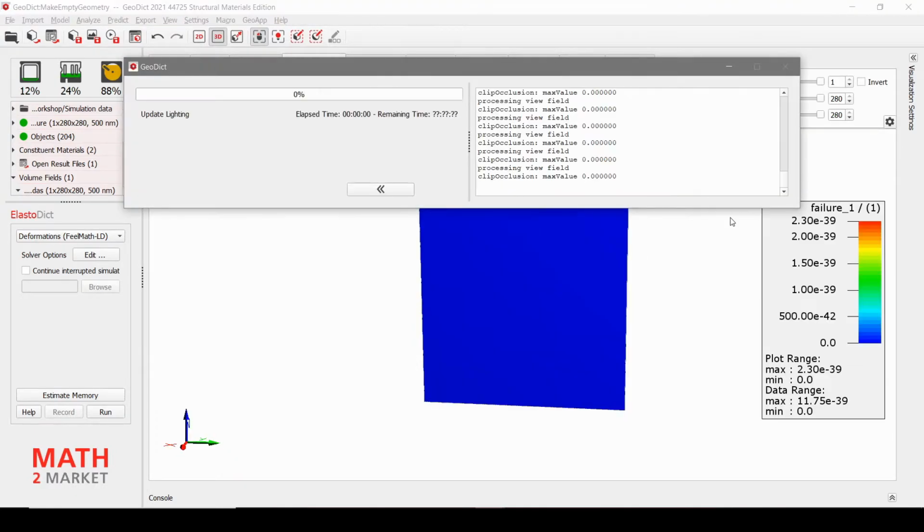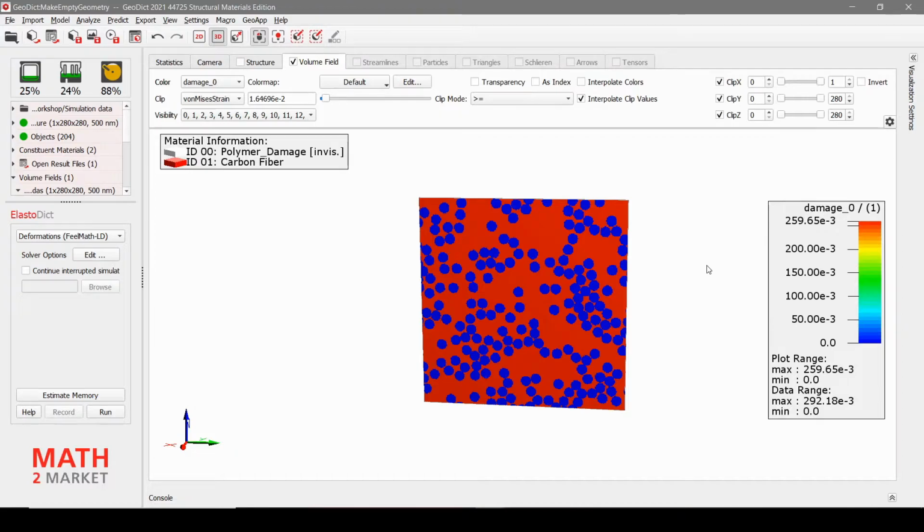Then we can also look at the damage in the polymer. Here you can see that although everything is red, the damage is not that high yet. It's only 0.26. So to get a better impression of the damage distribution in the polymer, we are going to adjust the color map.